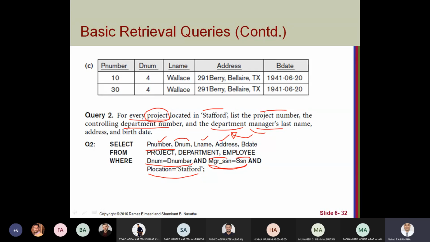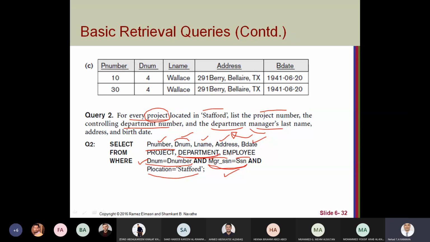Address comes from employee. Birth date comes from employee. D number comes from project. Project number comes from project. All data comes from project and employee, but I need department to connect the conditions. This condition connects project and department, and this condition connects the employees that manage this department.